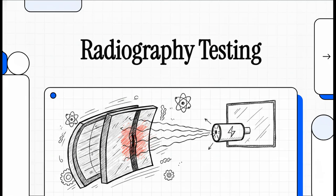Today, we're diving straight into the invisible world of radiographic testing for shipbuilding. We spend so much time looking at the massive, imposing exterior of a steel hull, but right now, we're going to look right through it. We'll explore exactly how shipbuilders harness the physics of radiation to guarantee a vessel's structural integrity long before it ever